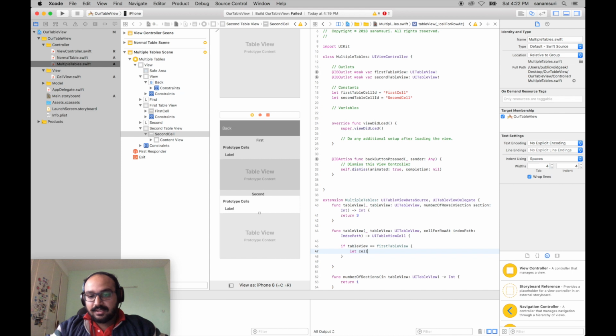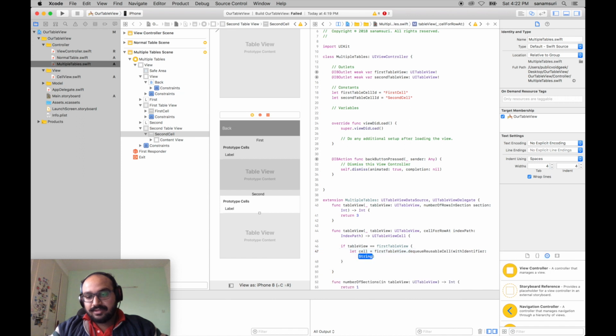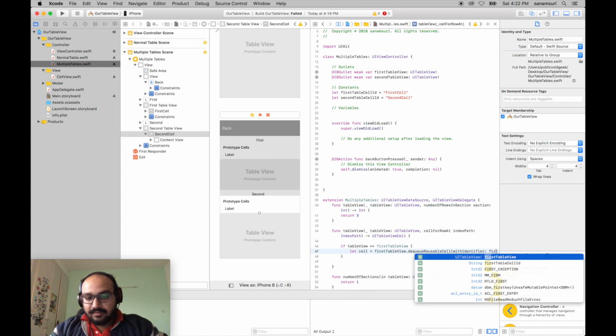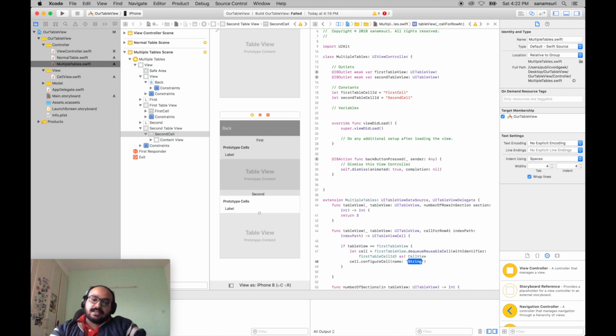Let cell is equal to first table view dot dequeue reusable cell with identifier, and the identifier is going to be first table cell ID as cell view, right? And then cell dot configure cell, and let's set it as Sunday,